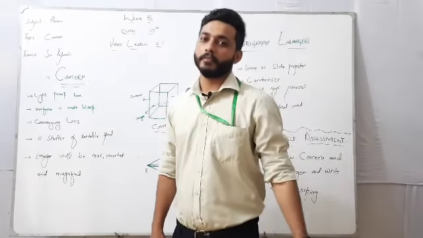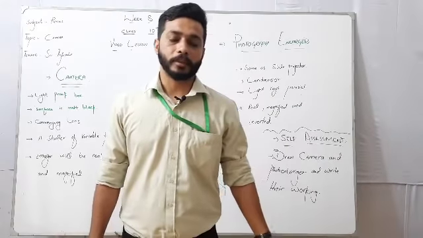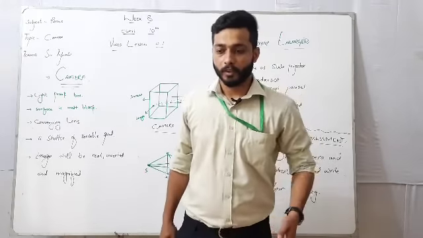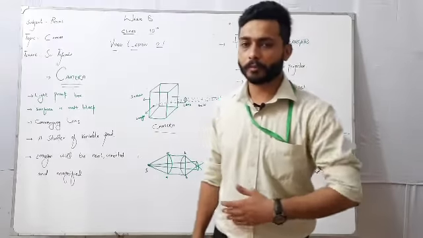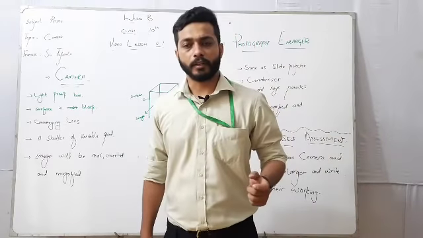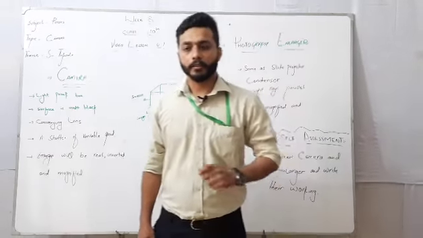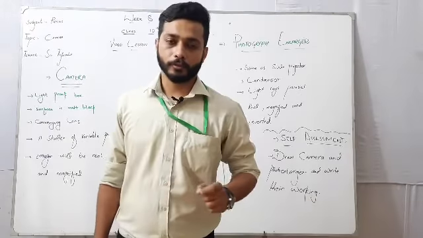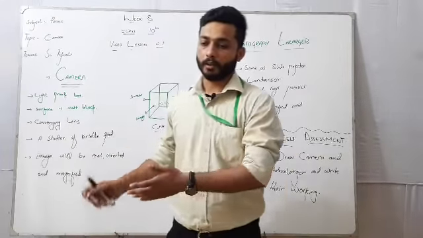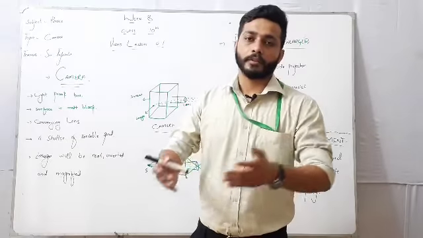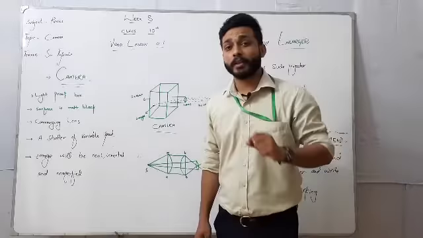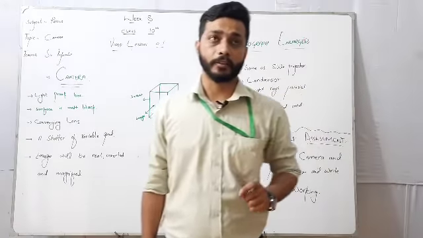Students, in week 7 we have discussed many things about lenses and mirrors. So further moving ahead, I just want to recall the properties of a lens. We all know that a lens is a basic instrument which we use to refract light, and for the mirror we have already discussed that a mirror is an instrument which reflects light. So there are so many applications of mirrors and lenses.